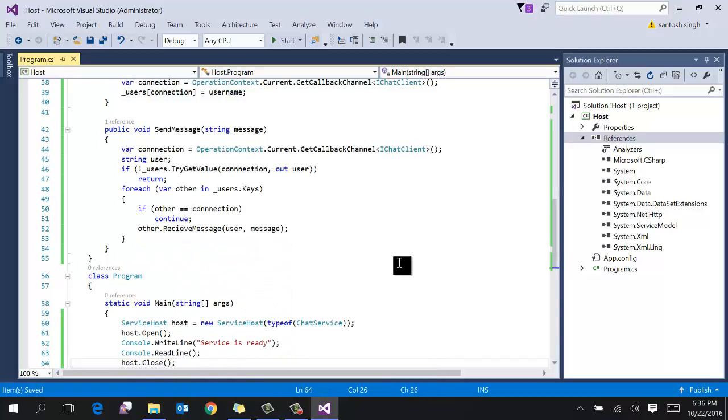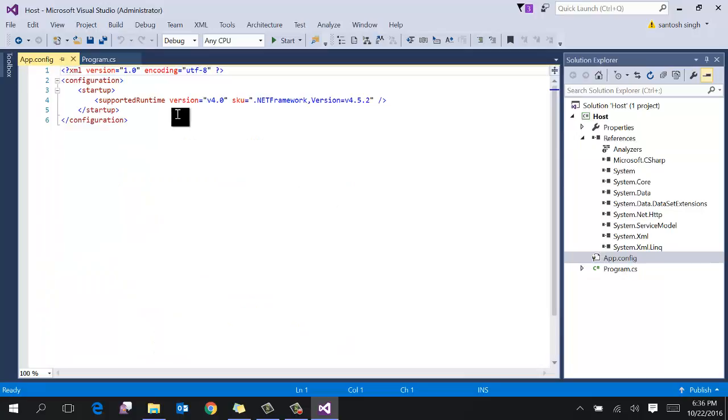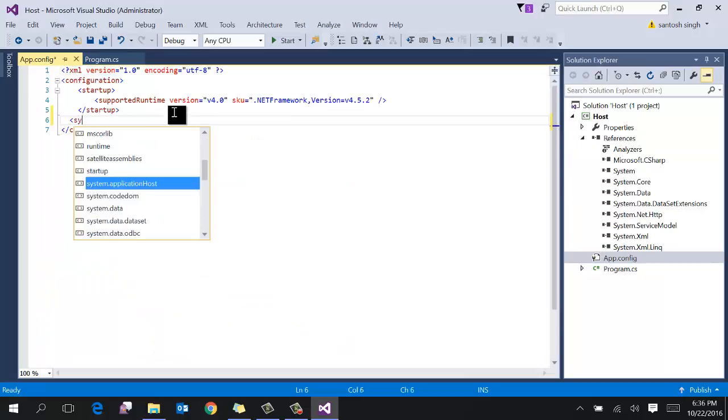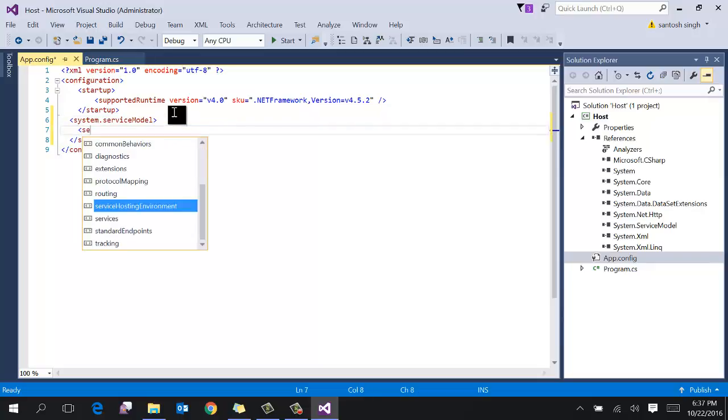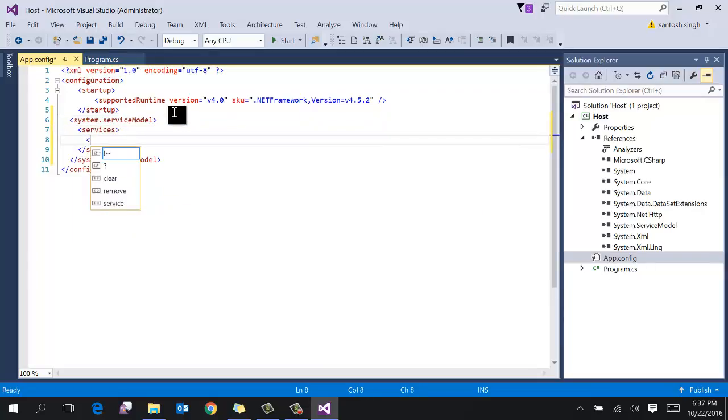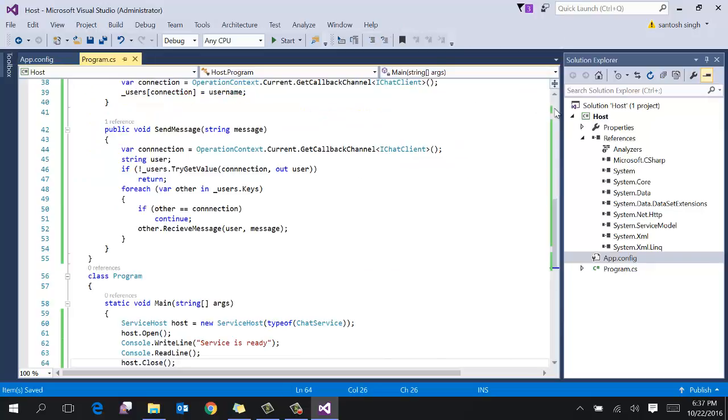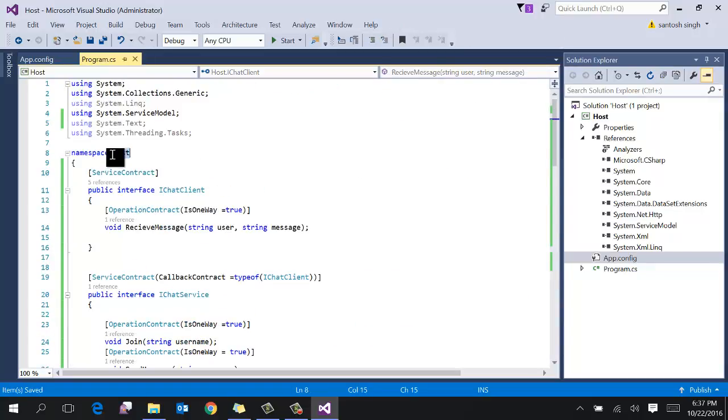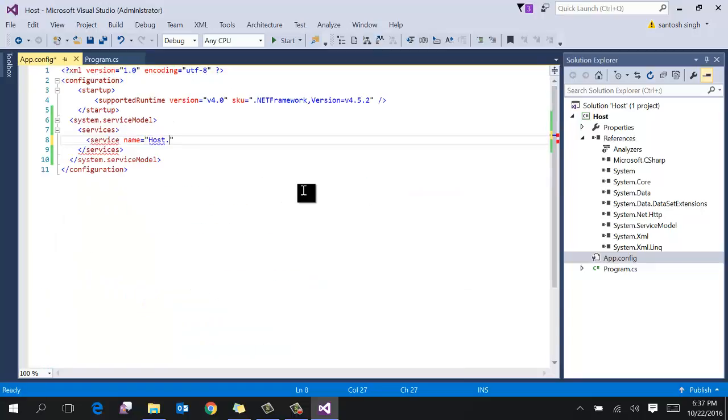Let's configure the endpoint in app.config. Go to your app.config, inside system.serviceModel services, service name equal to namespace dot class, endpoint.